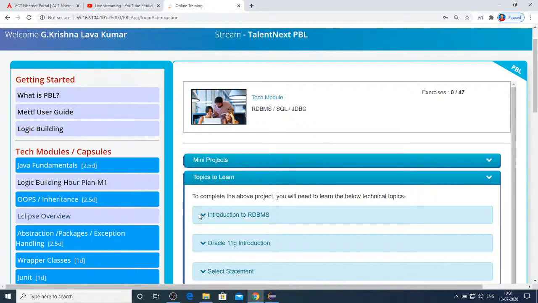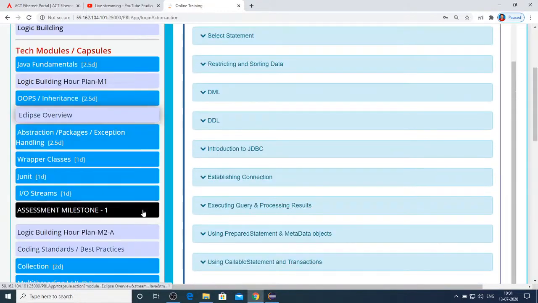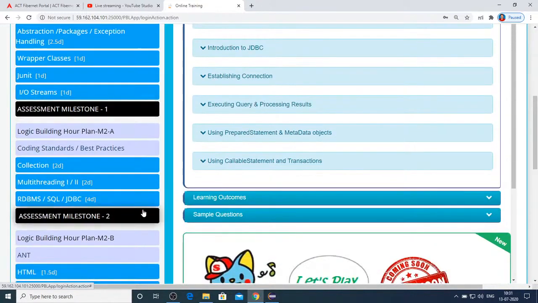So, we have covered up to multi-threading concepts, and we shall look at RDBMS, SQL, JDBC.